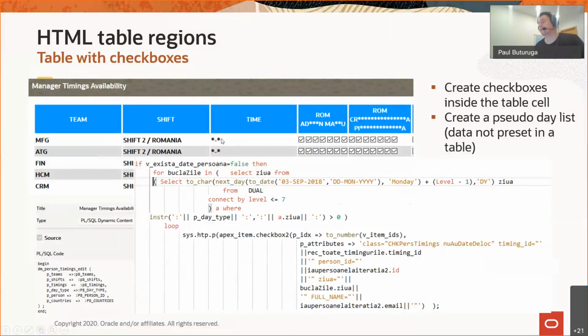So what we are seeing here is another type of table, because all that you see is generated based on some configurations that are performed by the administrator, because specific managers are working on specific teams and specific shifts, specific timings, and specific days. Okay, and what we are seeing here is that we are generating this table using another PL/SQL dynamic region that is passing everything to the PL/SQL procedure, DM person timings edit, using some parameters. And this time,